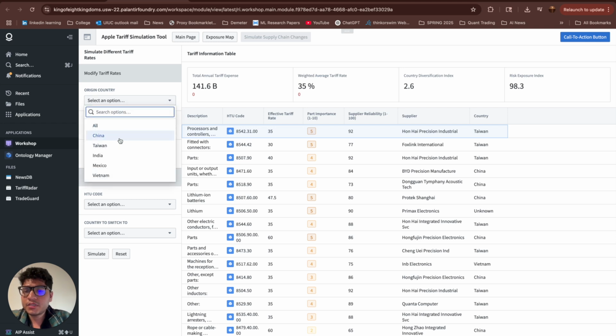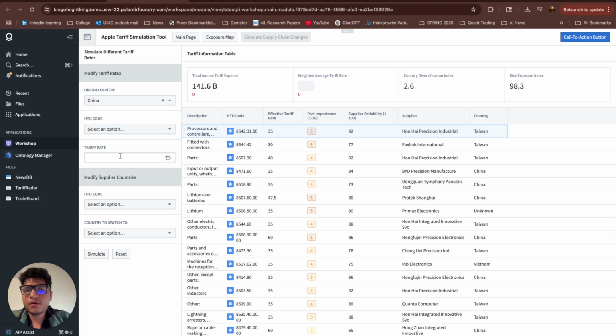We are just choosing a particular country like China, and right now we have like a 30-45% tariff rate. We can reduce this to 10 maybe, and we can simulate it and see the changes in the KPIs, like the annual tariff expense reduced significantly. So did the weighted average tariff rate. And we can even do it on certain HTS codes for China, the items which we are importing from them. So yeah, this is the main page where the supply chain manager can easily switch around and play around with the various parameters